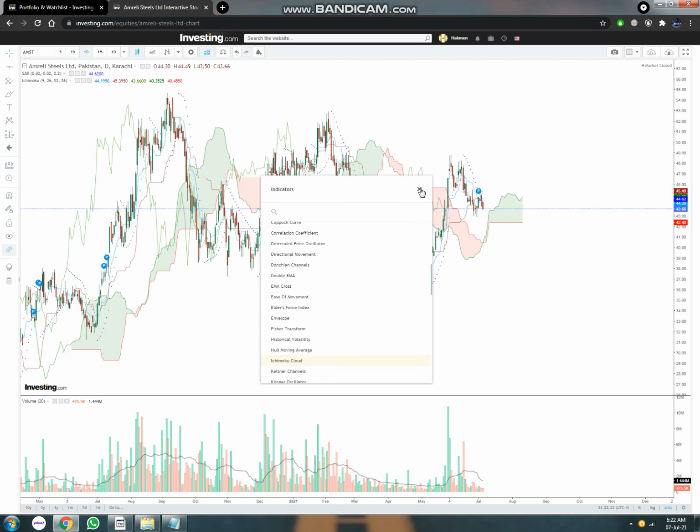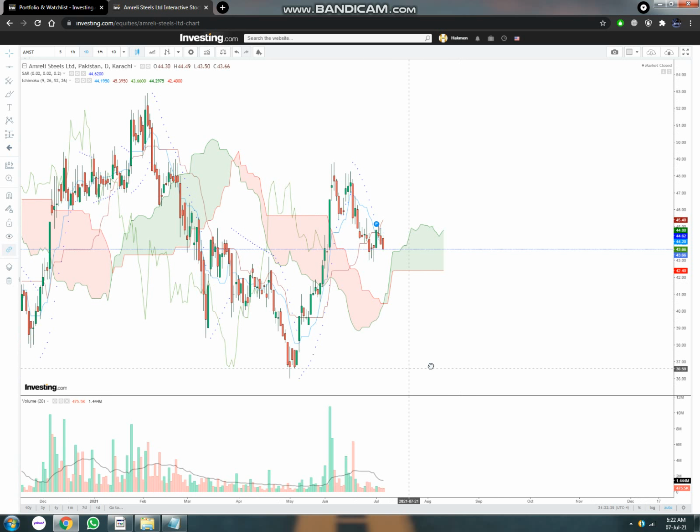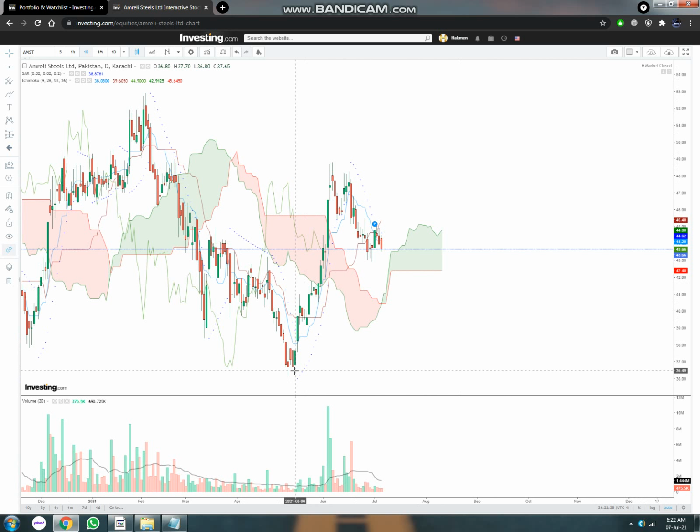Right here, this one. Yes. So buy when the stocks are trading below this cloud, and sell when the stock is trading above this cloud. So now you can see, generally, just wait for the stock to increase in value, because you can see at this point it sort of declined. So wait for the stock to increase in value and give you results of how this stock will do in the future.